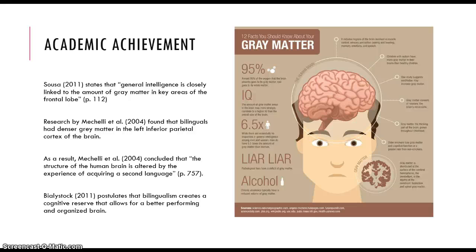If you take a second to look at this graphic here that I have, it tells you about gray matter. It appears that meditation is another way that can increase gray matter. I know someone was talking about the influence of stillness, so this might be a way to help heal the brain. Liars have a deficit of gray matter. There simply isn't as much brain to go around for the liar. And 95% of our oxygen is going to the gray matter. So the gray matter here is very, very important in the brain's functioning.